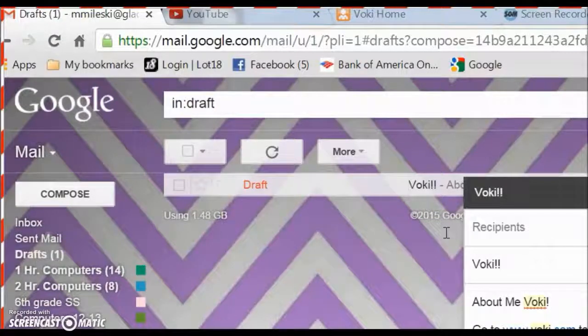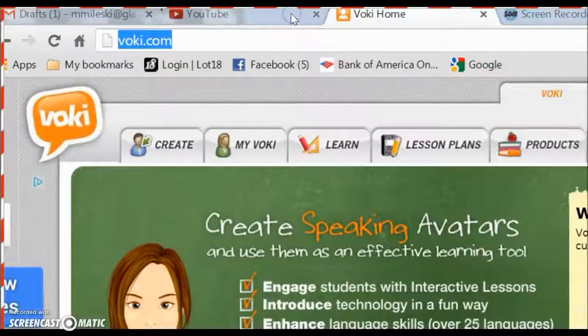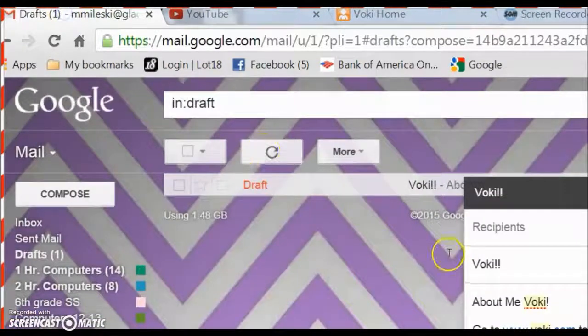I've sent you an email. This is what the email looks like. You're going to go to Voki.com. That's the site. You're going to kind of play around with it today a little bit. You can have fun. You can make some goofy characters. Just kind of get used to the program today. And then tomorrow, by the end of the hour, you need to have a finished Voki,